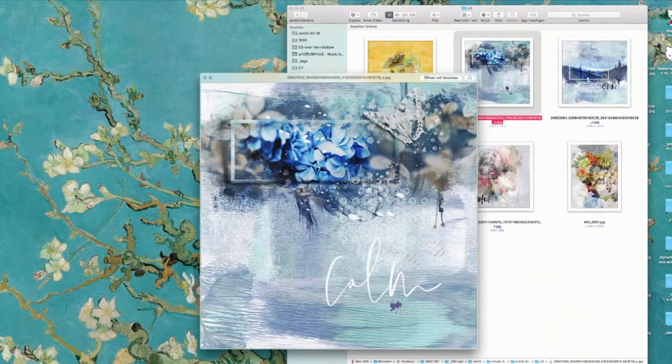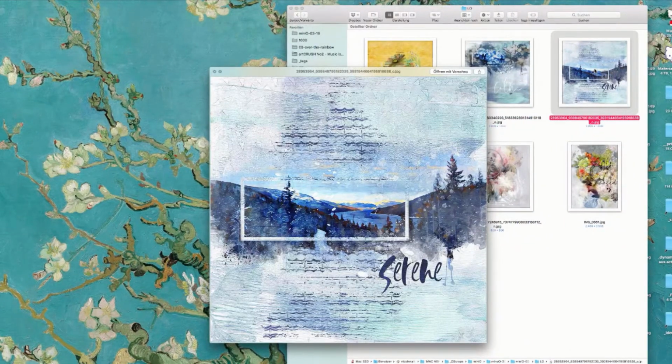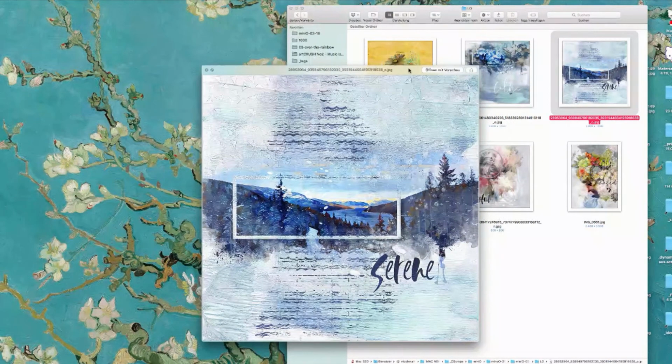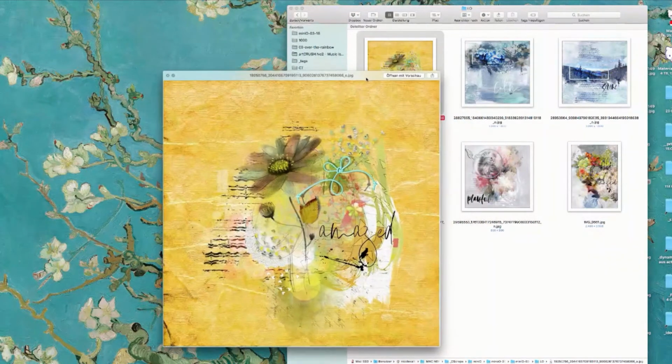Then we have that one. That's really a nice one. Those icy colors with the flower, and one of the girls used the out of the box frames, and here as well one. So you can see you can create with that collection really nice winter pictures, as well as some springy